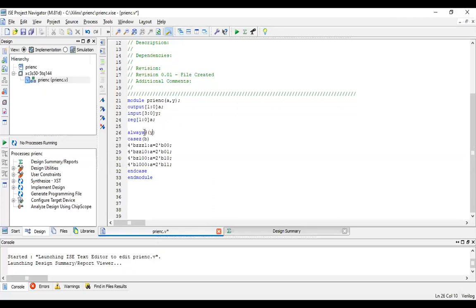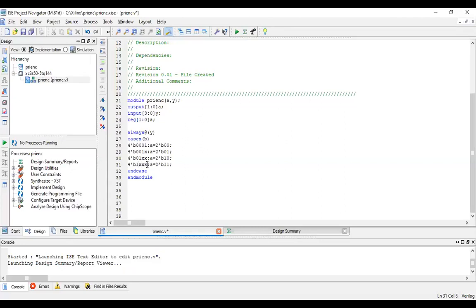Now how was our truth table? See if you can see the truth table. It was 0001, the next one was 001x, the next one was 01xx, and the last one was 1xxx.